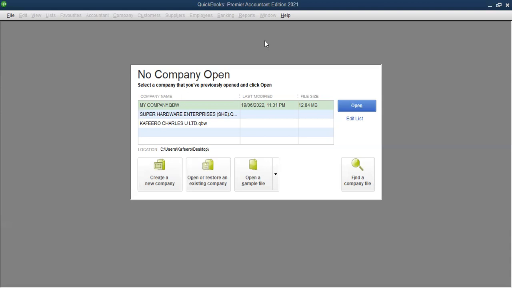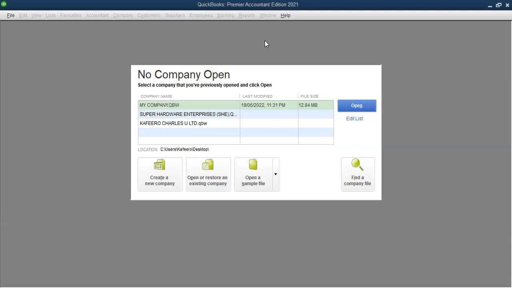So we are going to see how we can open up a company file using QuickBooks, and we shall see how we can proceed with entering the transactions that are going to be done within the